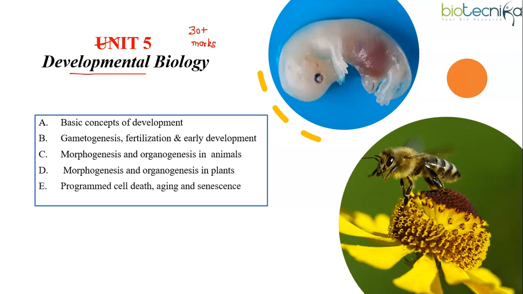Now if you are not comfortable in studying the entire unit, you can do selective study as well. Yes, you heard me right. Selective study can also be done for this unit. So those with the botany background can prepare plant developmental biology, and those candidates having the zoology background can prepare animal developmental biology. So at least the important topics from this unit, you must not skip.